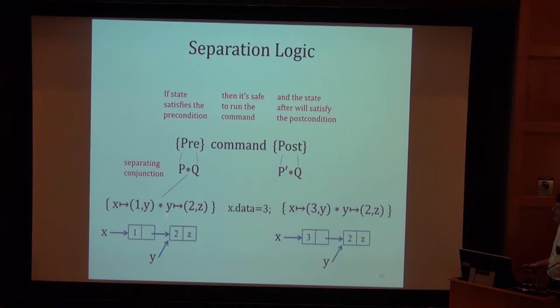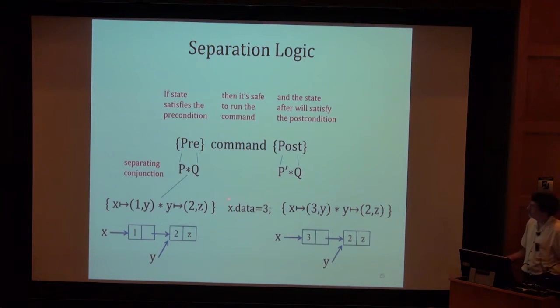Okay, and we can run x.data gets 3, and when we finish, x points to 3, y points to 2. This is already non-trivial. If we used the and here, in the ordinary logical conjunction rather than the separating conjunction,